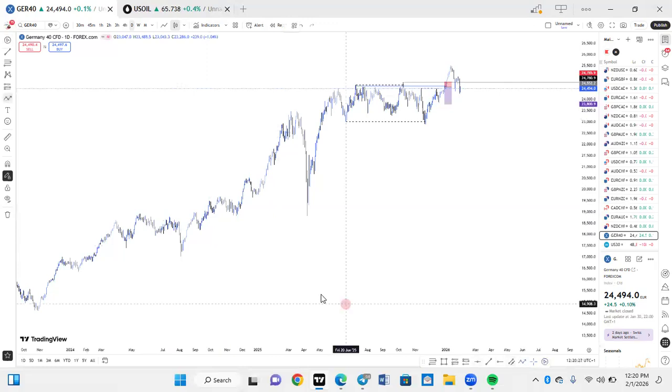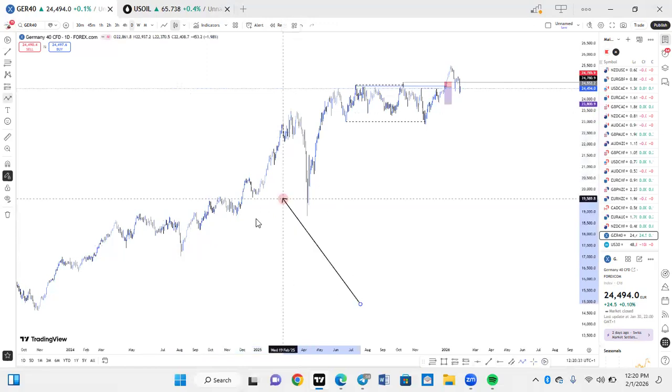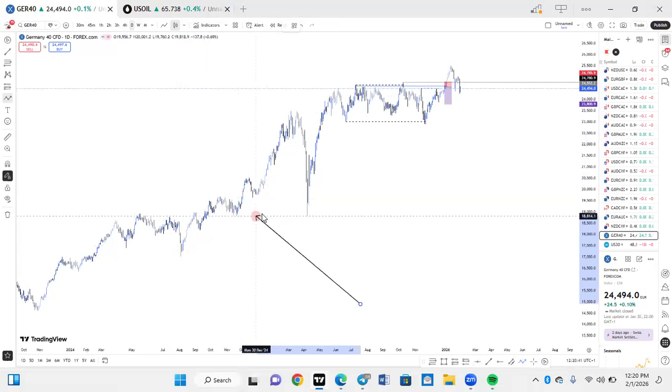So price swung from this higher low up to this higher high and came down, cleared this liquidity here and tapped into this support level. Or you can just say the order block, but I like using support where there's no predefined order block yet, because you can just use the whole of that area as a support level or resistance. So price swept this liquidity and tapped into the support level,